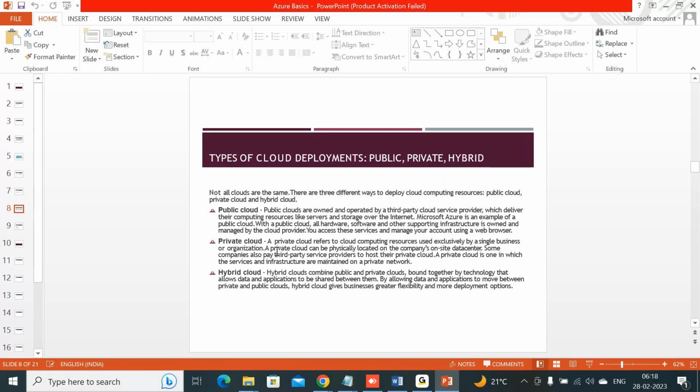Coming to a private cloud. Private cloud means a cloud exclusively given to ourselves. Something like banking sites, which involve financial transactions, will have a dedicated private cloud. So a bank like ICICI or Bank of America will go to Microsoft or Amazon and say, we have some financial data, we need a dedicated private cloud. A dedicated private cloud URL will be provided for them, which will be accessed by internal people. This is not openly accessible by everyone from the outside world.